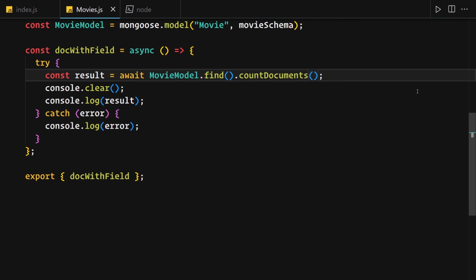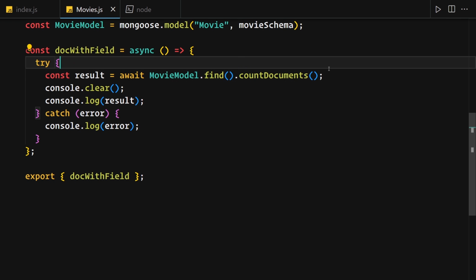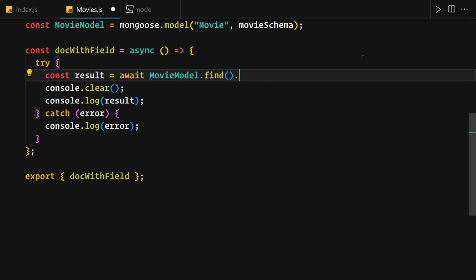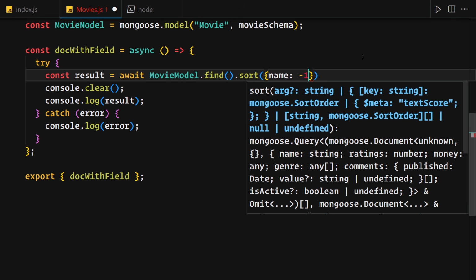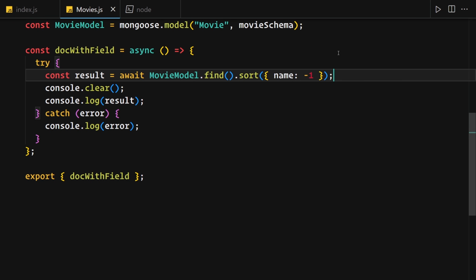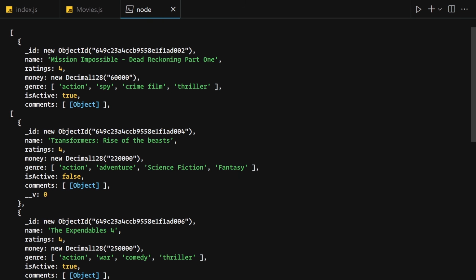So the next thing which I want to do is that we can also sort our stuff. So I'm going to just remove that. And let's suppose, first of all, we have to sort it by the name. Okay, so if you want to sort it in descending order, we are going to be writing -1. So let's just save our file. So here you can see, first of all, it will give us